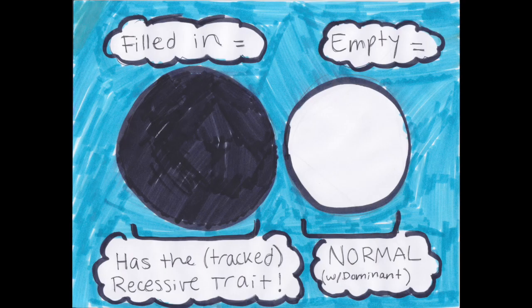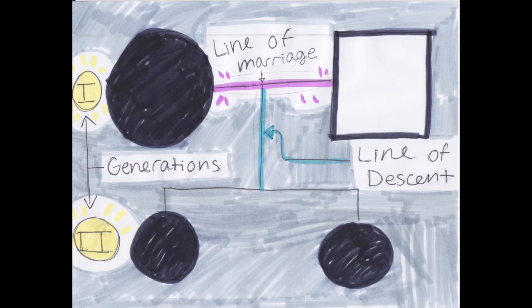When these shapes are completely shaded, they contain the recessive trait that you are tracking. If they are completely unshaded, they do not. Each generation is counted by Roman numerals on the right side. So, how many generations would this pedigree track? 2! This line connecting the mom and dad in the first generation is called the line of marriage, meaning they